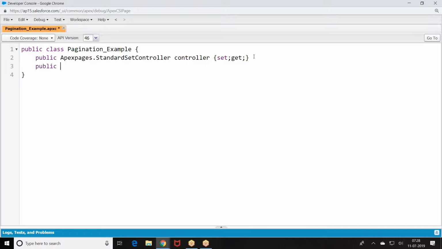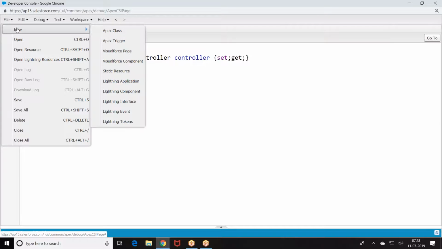Then we have public string get name. I give get name. If I have a VF page,